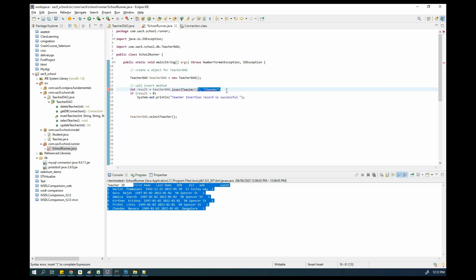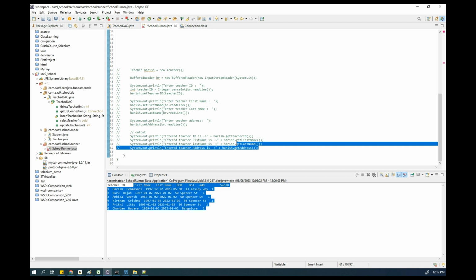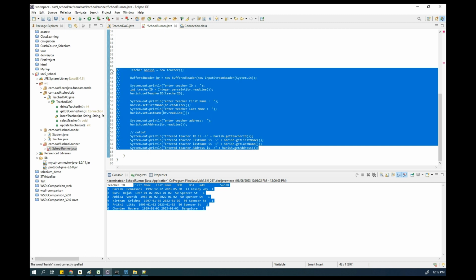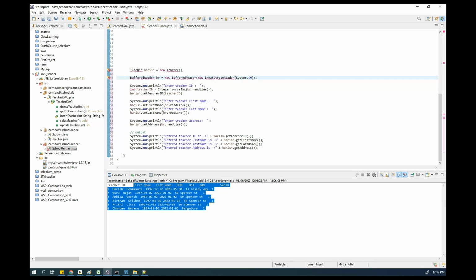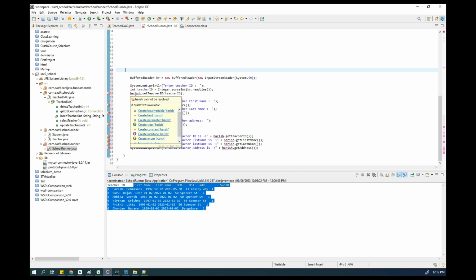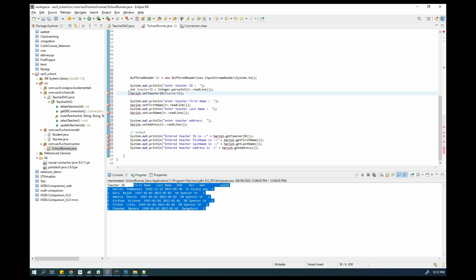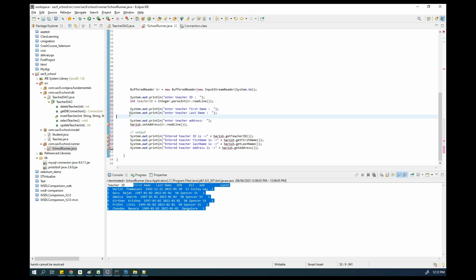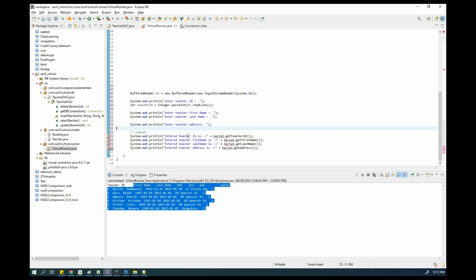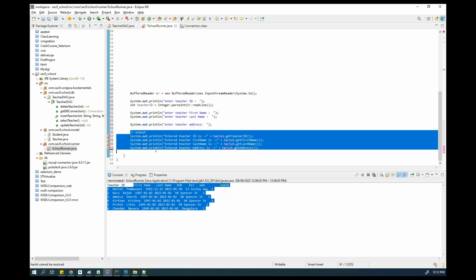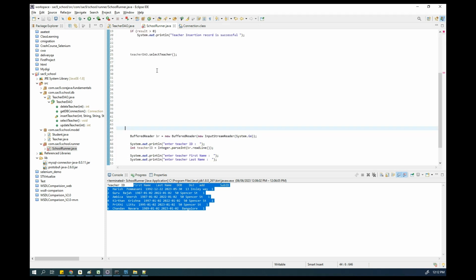So what I'll do, instead of passing it from here, we wrote a code here. If you remember, we wrote a code here to set the teacher object. So I'll remove this line. So I need buffer reader. I need input stream reader. Okay. So what I'll do,